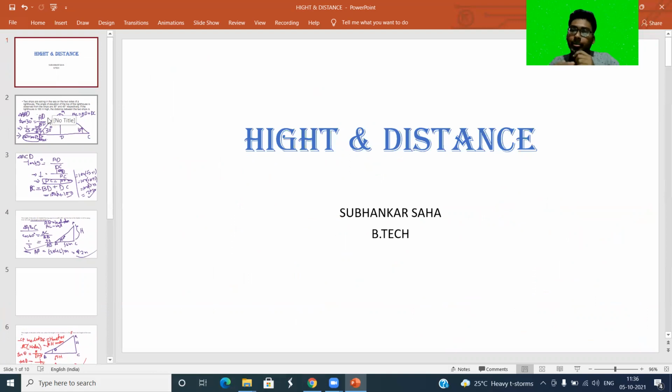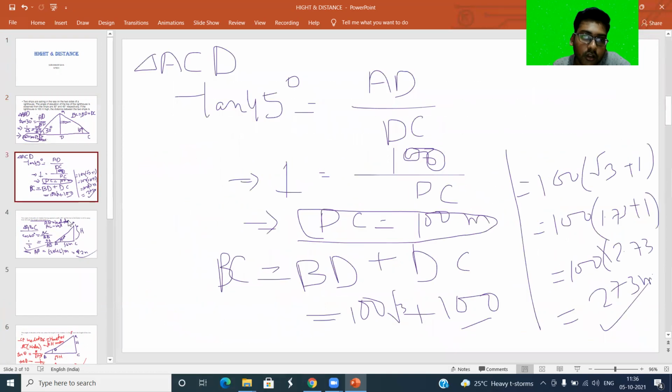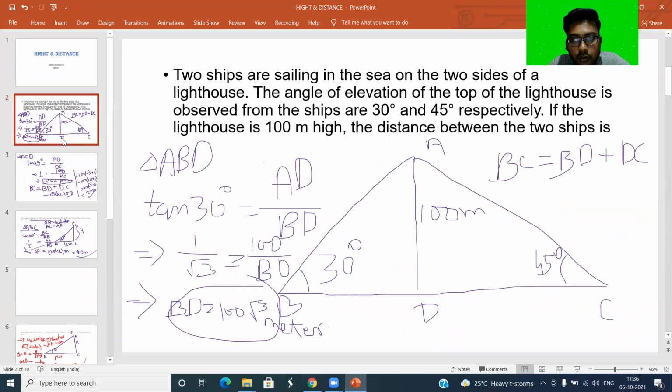Then we need to take some questions and solve height and distance. Okay, बहुत ही इजी टॉपिक, क्लियर। कल से हम लोग नया टॉपिक करेंगे, ठीक है।